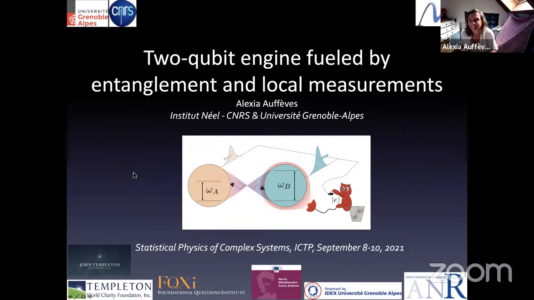Yeah, thanks for the introduction and the invitation, even if I would obviously prefer to be physically present at this conference. The name of the conference is Statistical Physics of Complex Systems, and I'm afraid to say that I'm just going to talk about 2 quantum systems, but at which level should we put complexity? This is an open question because they are quantum, these guys. So I hope it will still fit in the scope.